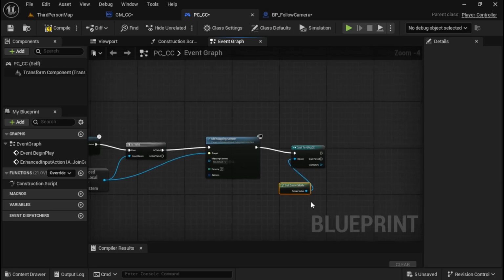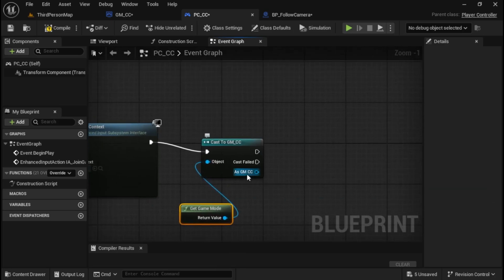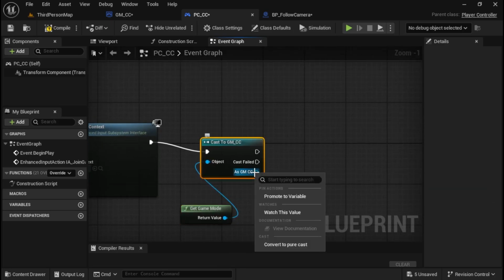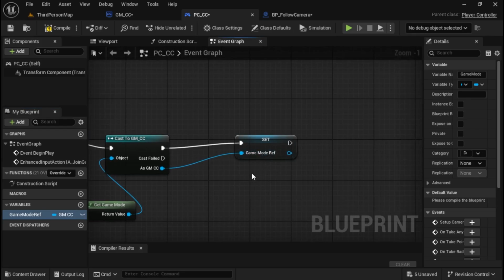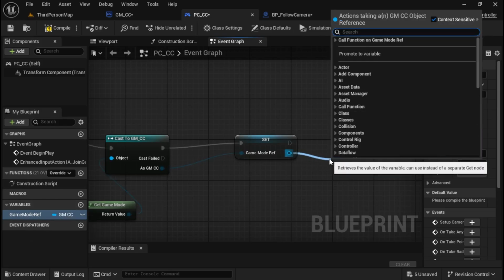Okay, there's get game mode, and then we're going to need to turn this into a variable so that we can refer to this a little bit later without having to cast for it again. So we'll just say game, got the caps lock on, game mode ref. Okay, and from here we're going to go straight over to, well, actually, let's see, we're gonna drag right off of this, and we're gonna do